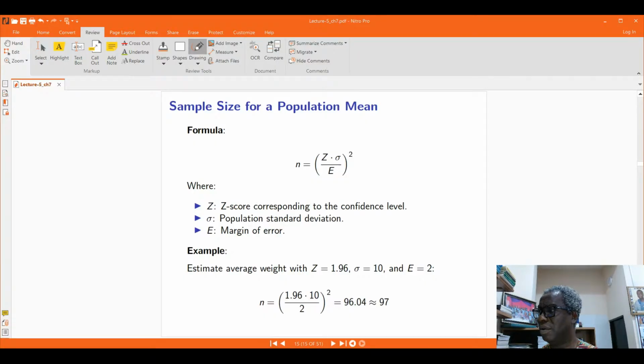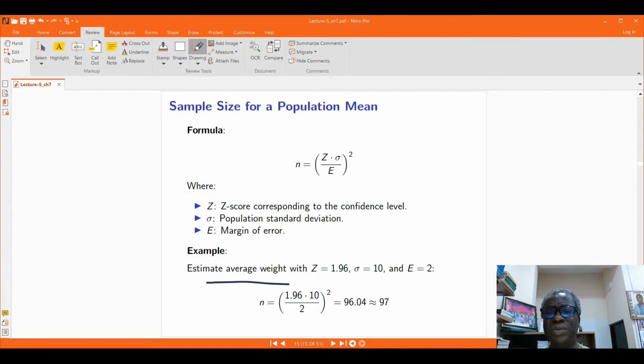So let's look at the example there. This example is saying that suppose you want to estimate the average weight